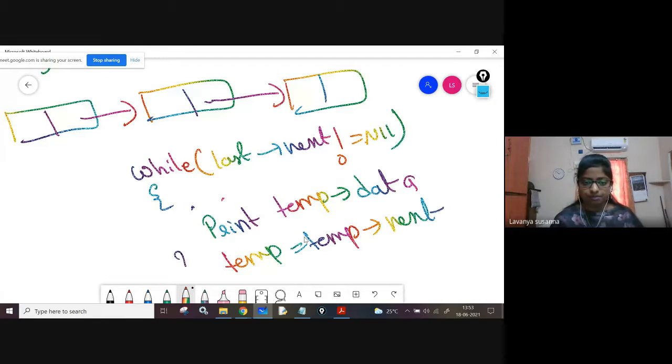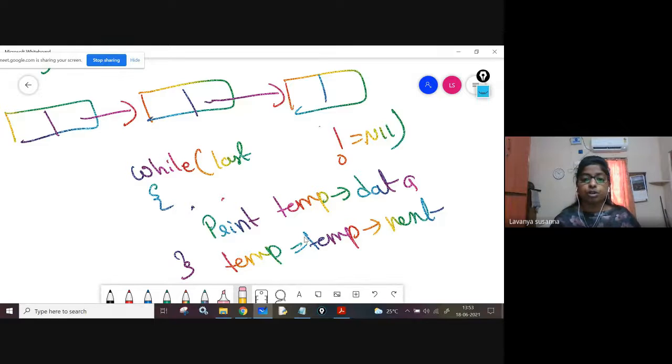Same logic. If you want to print the data of each and every node, remember, you should not use last of next; you need to use last not equal to null. Remember this difference. Once again, if you want to display each and every element of the nodes of the linked list, this is the logic. While last not equal to null, you print temp of data and go to the next node.